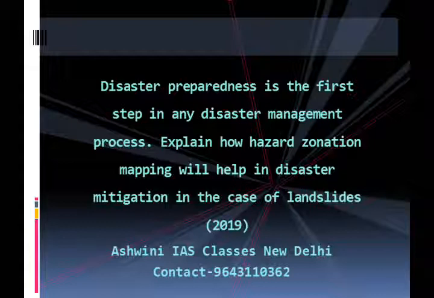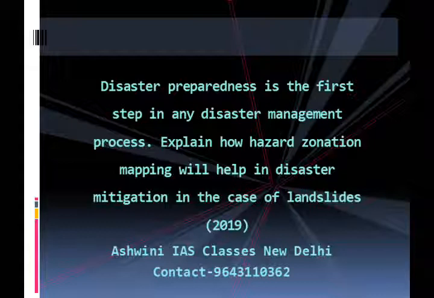Then, hazard zonation mapping involves, first, creation of landslide inventory; second, selecting scales for mapping depending upon end user requirement; third, selecting landslide hazard zonation methodologies for different scales; fourth, multi-hazard integration, especially integrating seismic hazard; fifth, prioritization of areas for landslide hazard zonation mapping; sixth, landslide risk zonation.